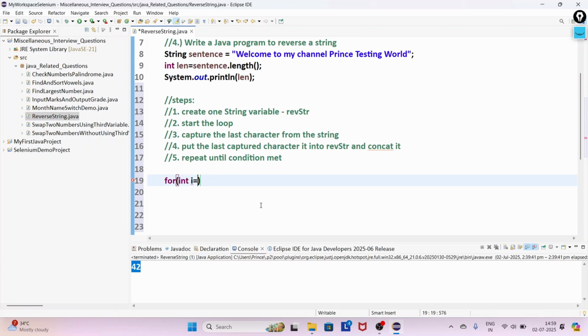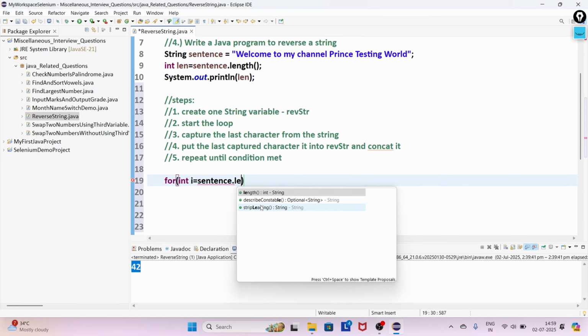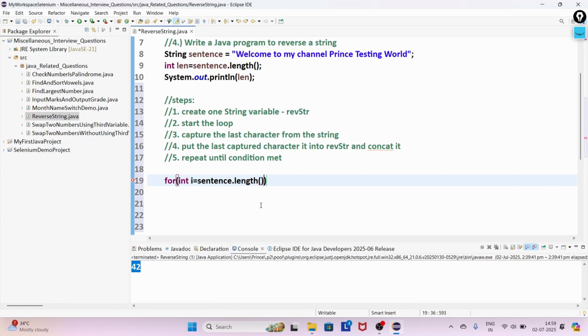So we write sentence.length. Now i greater than or equals to 0, and I have to decrement it, because every time D is completed, I have to move to L, and then to R, and so on. That's why i minus minus.